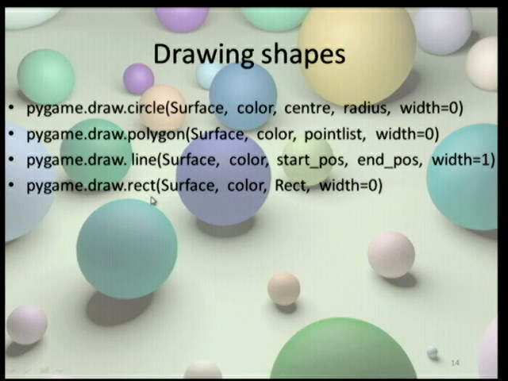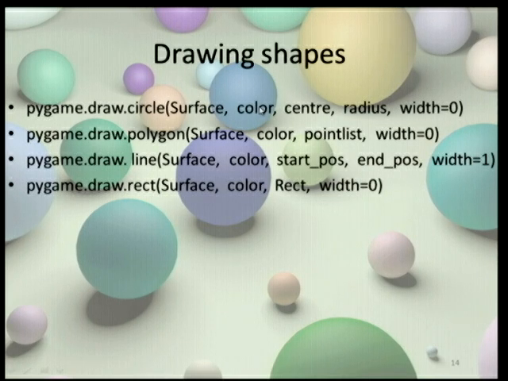So drawing shapes. To draw a shape, you use pygame.draw. For a circle, you do pygame.draw.circle. You set the surface that you want it to draw on, so like the display surface or another one. The color in 255 RGB, and if you have SRC alpha, you can also have an alpha channel. The center of the surface on the screen. So the screen starts at 0,0 at the top left and goes down to the width and height you set it to. So then you can set the radius of the circle and also the width. So this is the width of any lines, the line circling the circle. If it's greater than 0, it won't fill the shape and it'll just draw the line around it,